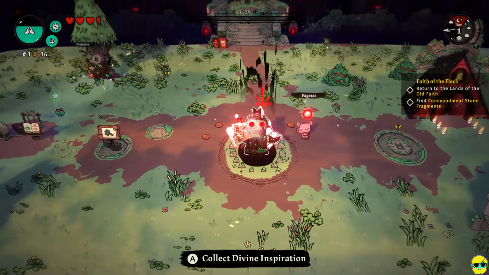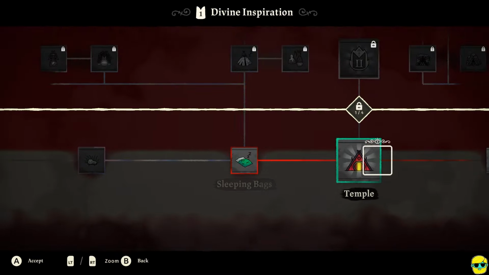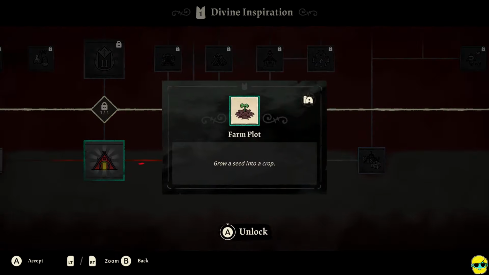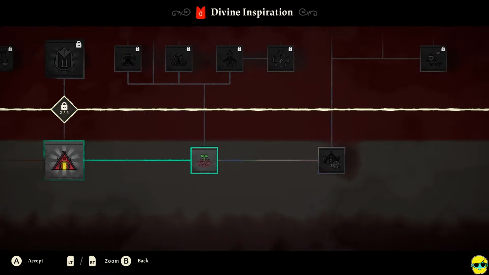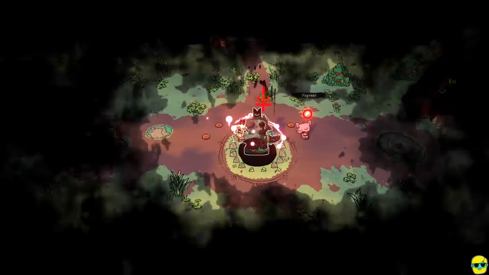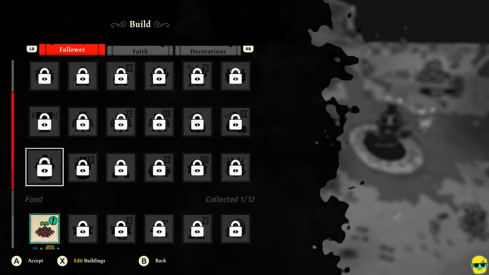So, one thing that we want with our divine inspiration is I like having the farm plot available. We're going to get pretty much all of this, sleeping bags, farming bundle, but let's go over here so that we can grow a seed into a crop. So at first, this doesn't seem great, but you'll see. We have a new objective to go ahead and create this, and we need to go down on this list